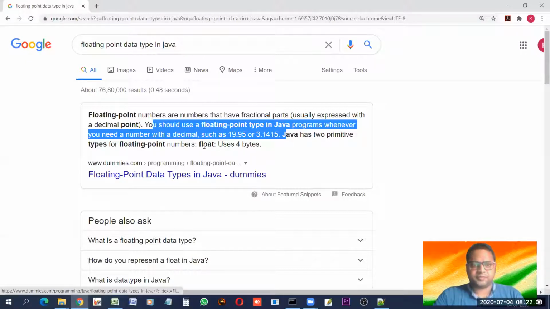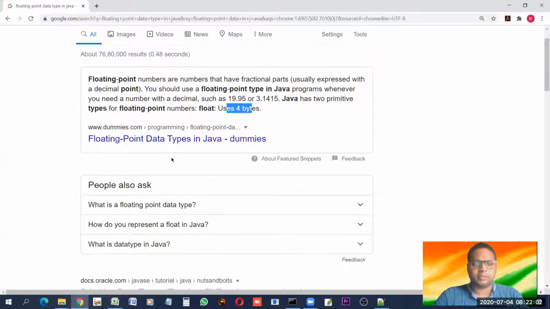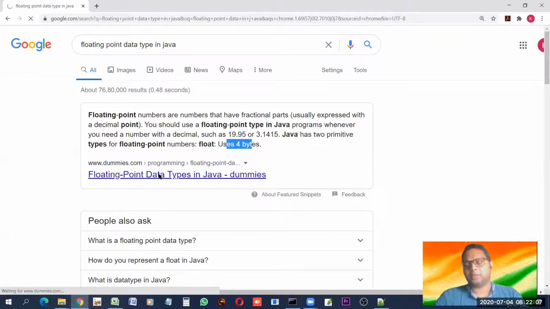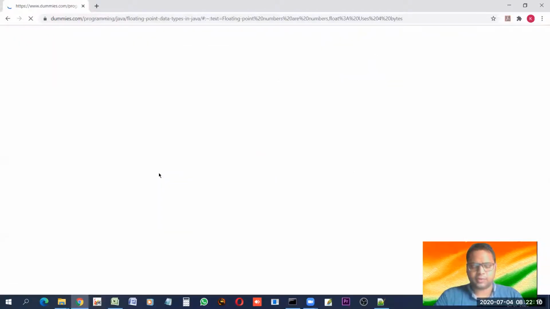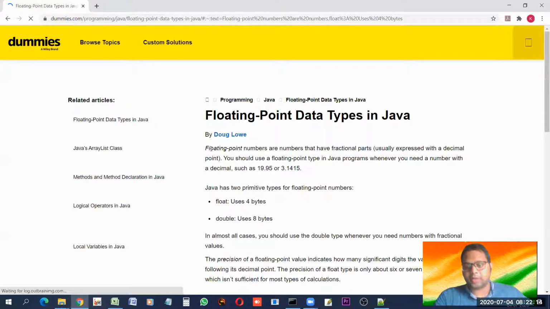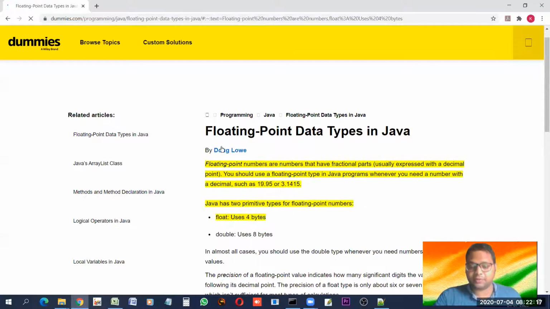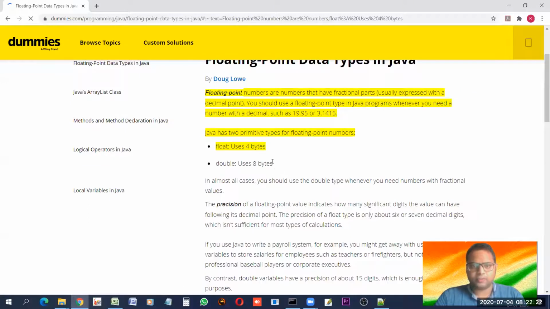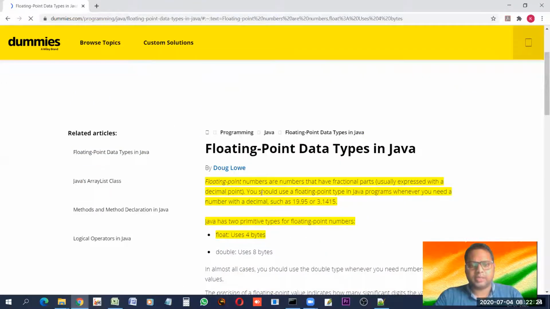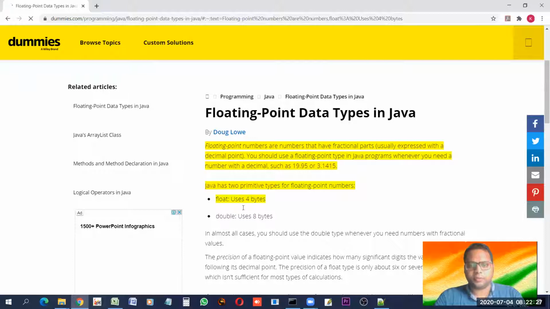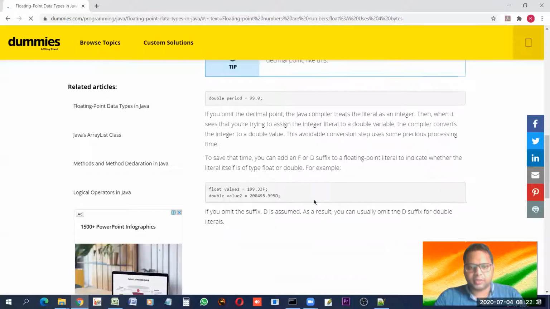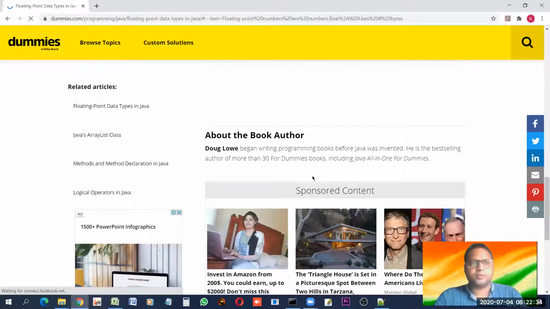Float uses 4 bytes, whereas double is also there. We have already discussed these. We are just revising these things, so it will be easy for you to understand. And this is not the class dedicated to discussion of data types. Data types is another topic that will be discussed in another video. So I just said that a float uses 4 bytes, whereas double uses 8 bytes. Anything more about it? So no.